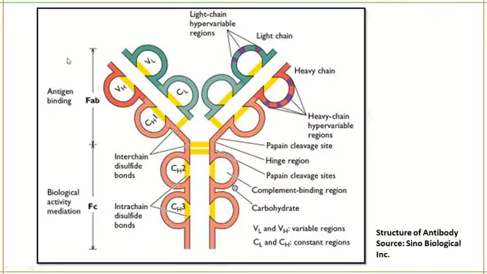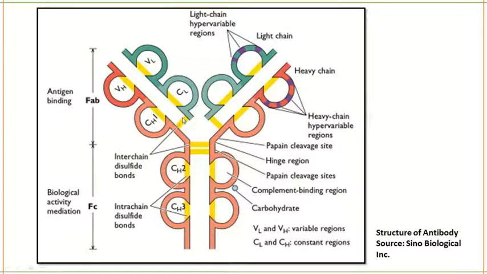Okay, and this long structure is the heavy chain and these two short arms here are the light chain. It can sometimes be represented inside or outside, but remember the long arm is the heavy chain. So this is the light chain hypervariable region. This is the heavy chain hypervariable region. The variable region, by its name itself, depends upon the different types of antigen.